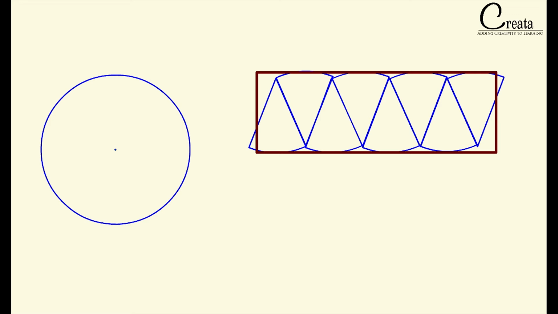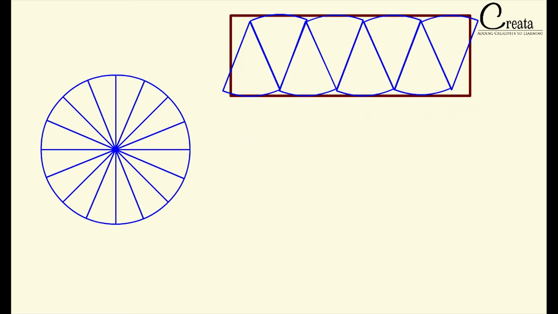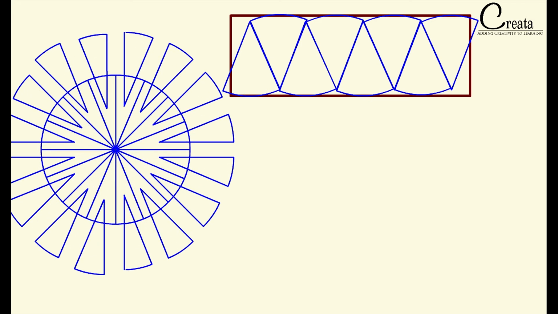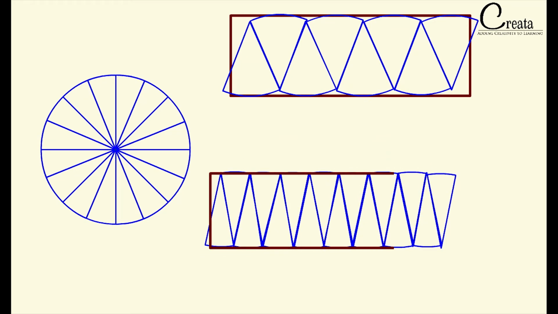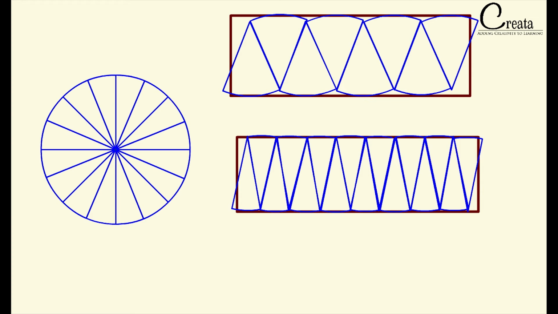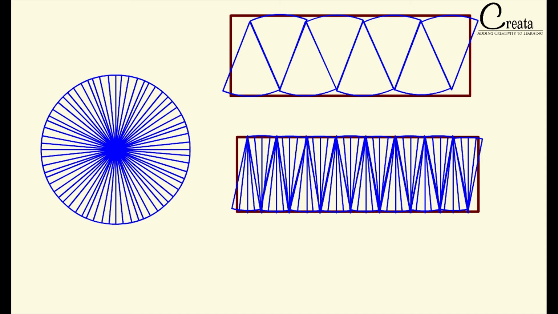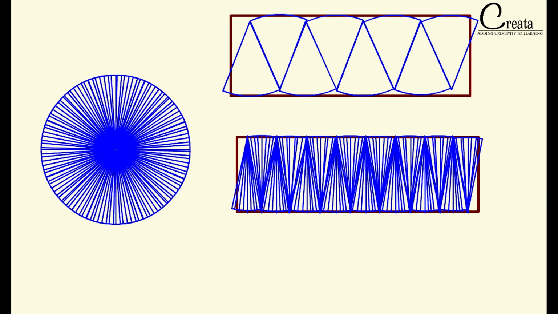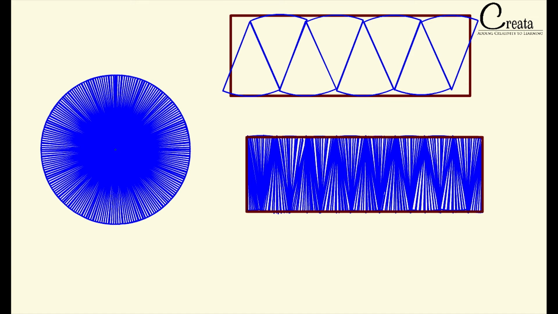Let's again divide the circle into equal parts. This time we will divide it into a larger number of sections. Let's take half of the parts on the upper side and half on the lower side. We got a figure. This figure is now somewhat closer to the rectangle. The point I want to focus on is that as we keep on dividing the circle into more parts, our final figure after reassembling the parts will look more like a perfect rectangle. If we divide the circle into infinite parts, our rectangle will be fully perfected.